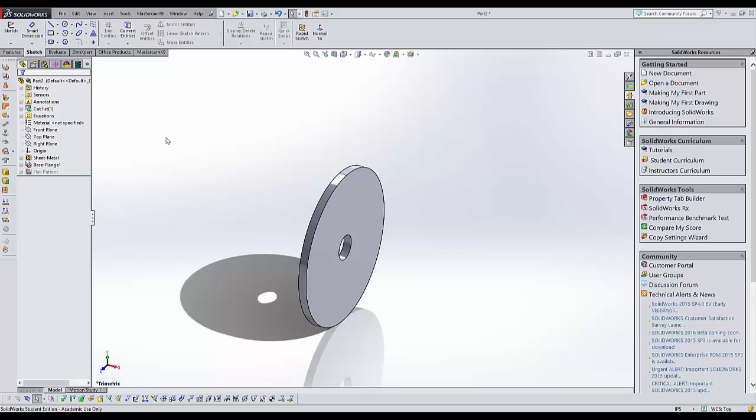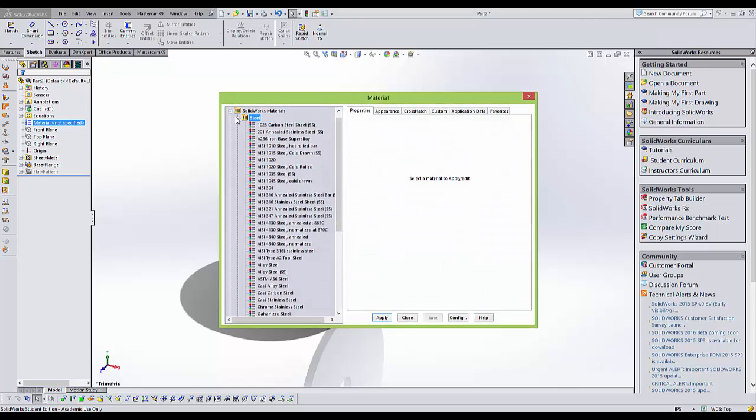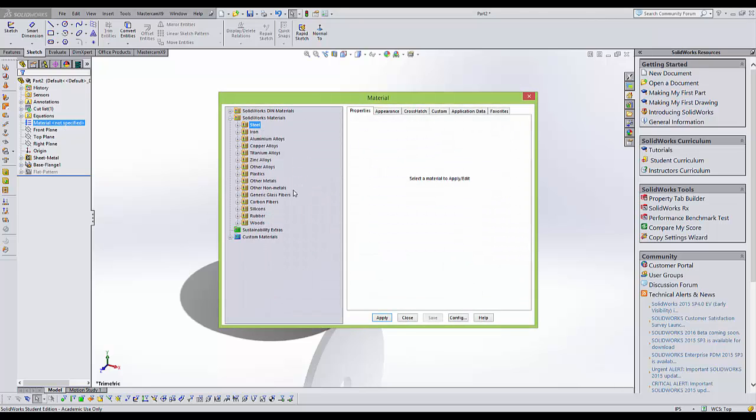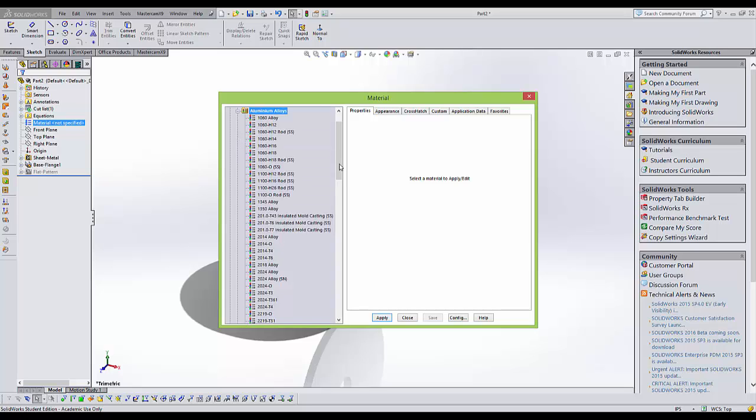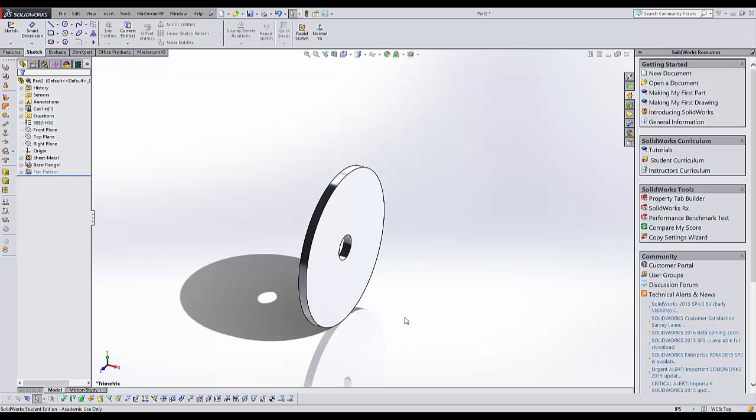At this time, we can also add material to it by choosing the material information here, edit material, and we can choose the material, which today we're going to be using an aluminum alloy. We're going to be using a 5052 H32, and we'll apply that. This is really good because we're designing in this, and a 5052 material is pliable. We actually can bend it without it cracking. Our first part's done. We'll hit save,